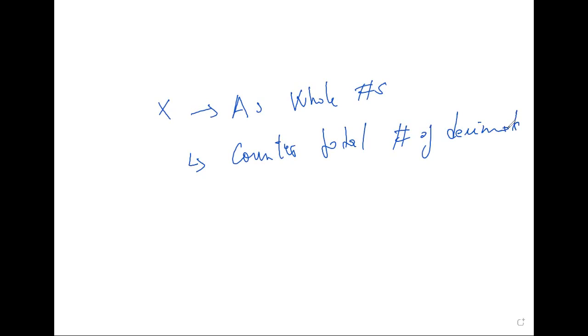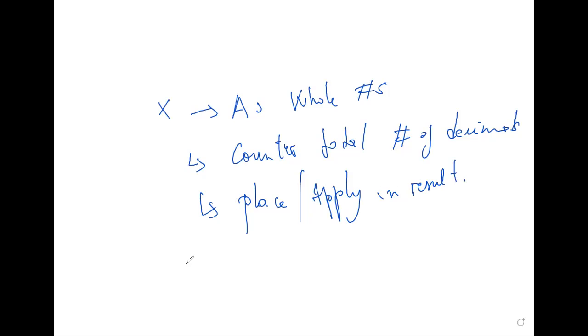So by decimal, I just mean the number of digits after the dot. And then place that number in the result. So place or apply in the result. For example, you have, so this is multiplication. You have 2.55 times 1.2